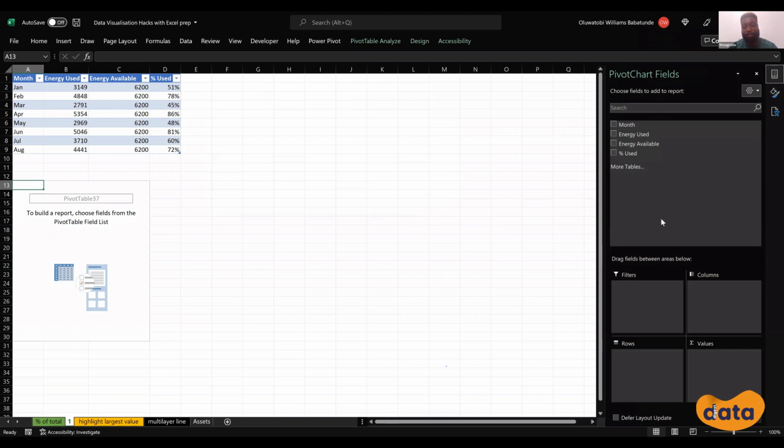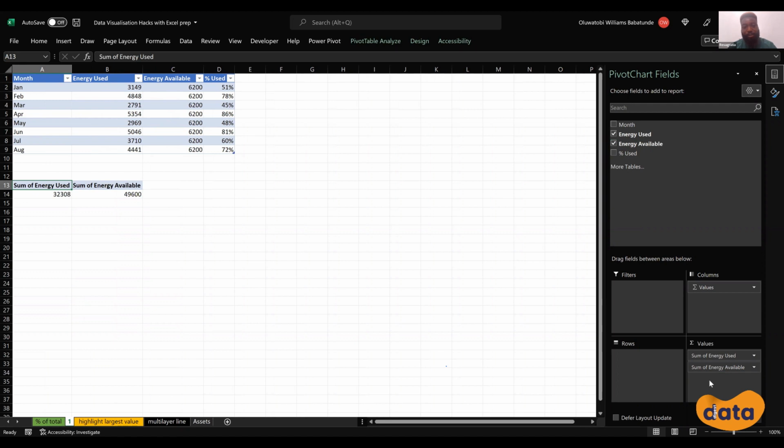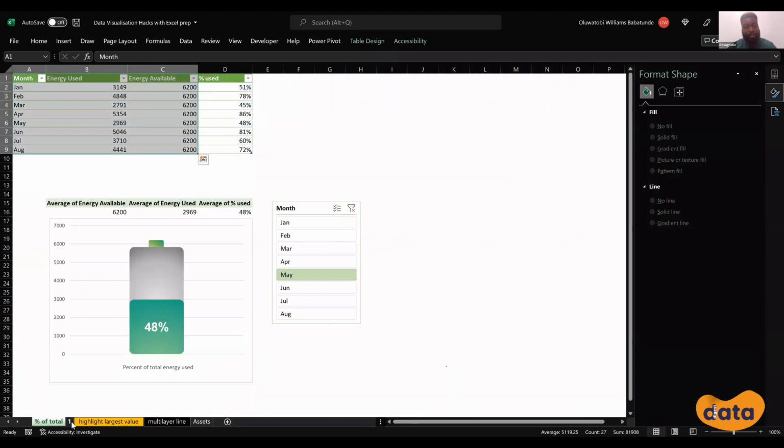Now the pivot table literally has to be something like, I want to show the energy used, the energy available, and the percentage left, right, for a given month. So I can drop my energy used. I'll put all of them in values. All right, I'll put energy available, and yeah, I need the percentage as well,